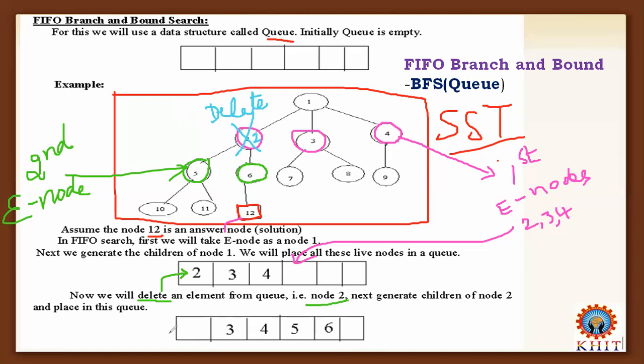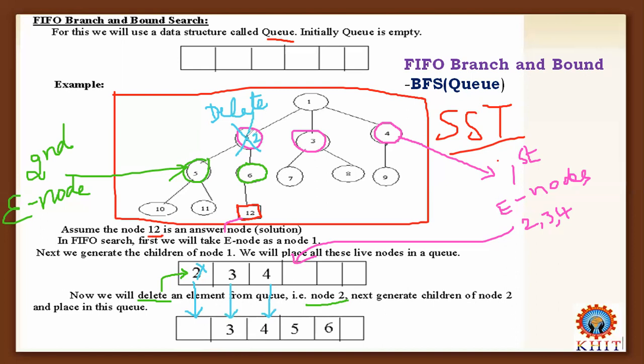You need to rearrange the queue by following first in, first out. Already in the given queue, node 2, node 3, node 4 are there. But node 2 is not to be placed, because it was deleted. That's why you can keep it blank. Node 3 is already available, you can place it. Node 4 is available, you can place it. And node 2 is to be deleted.